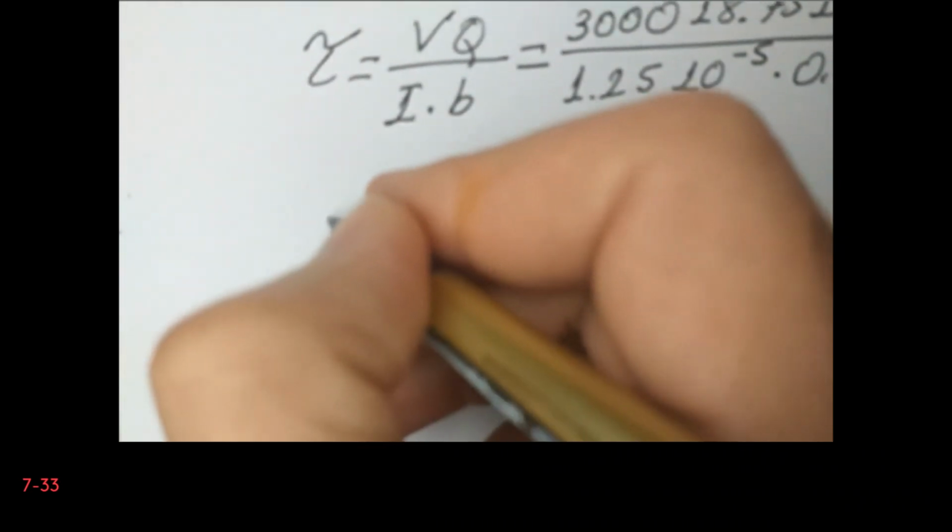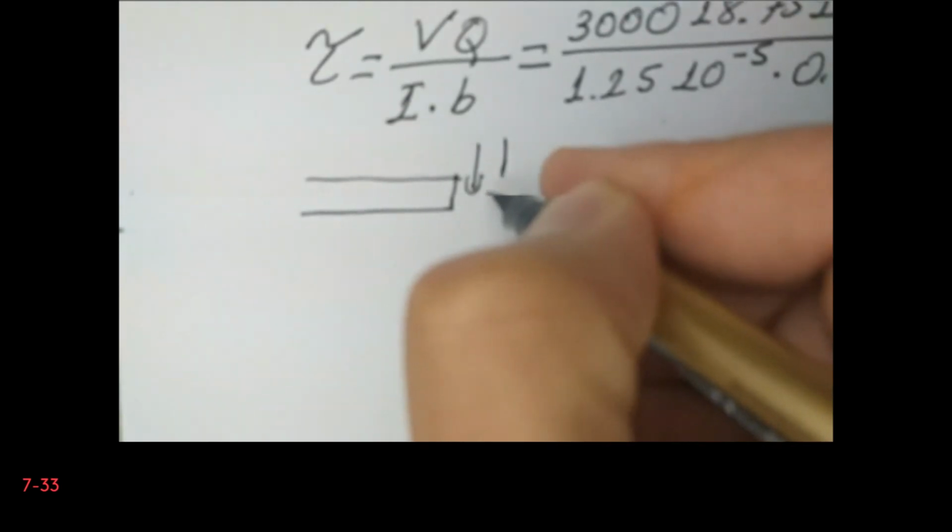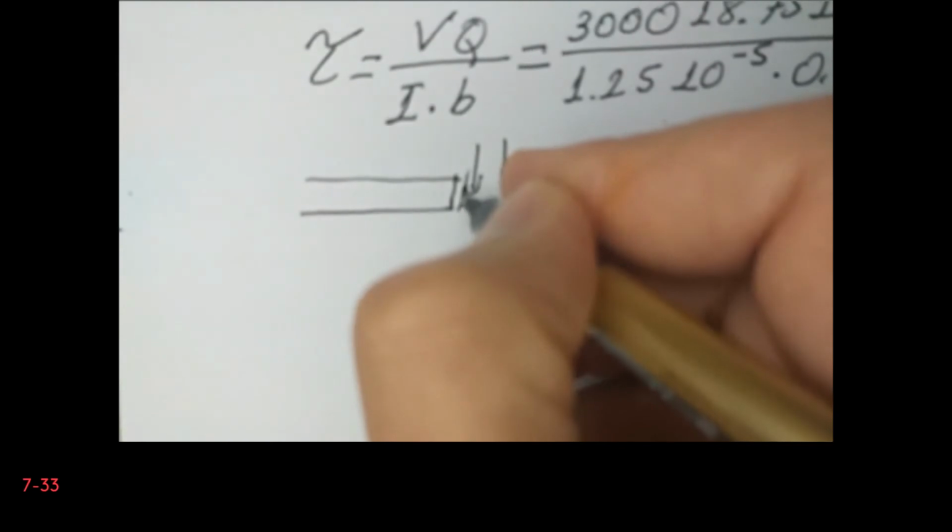Now we need to calculate the force carried by each nail. In fact, if we look at from the side to the interface, this is what we are going to see. So we have V here. So certainly the shear force is in this direction. So we have shear force like this at the interface of two boards, and so basically the net force carried by the two nails is then